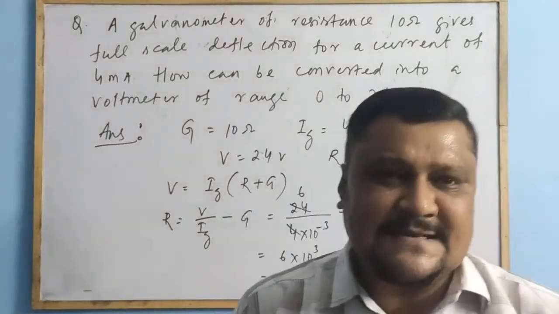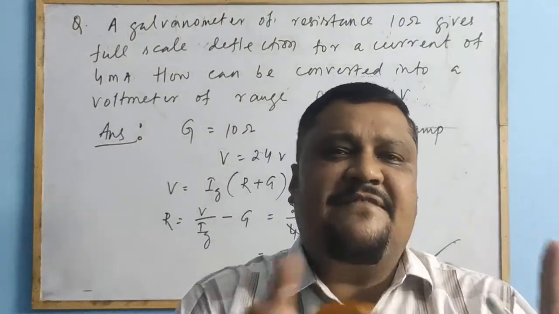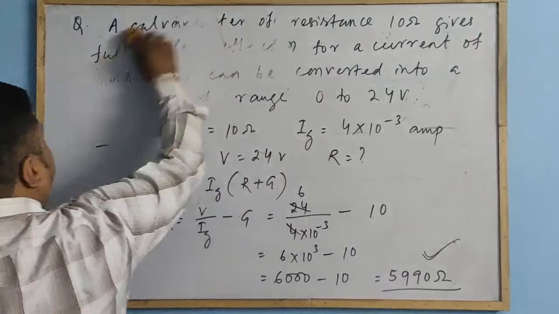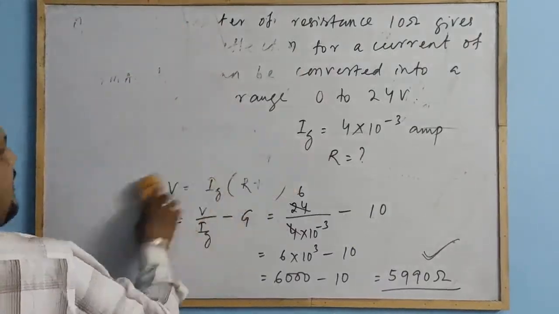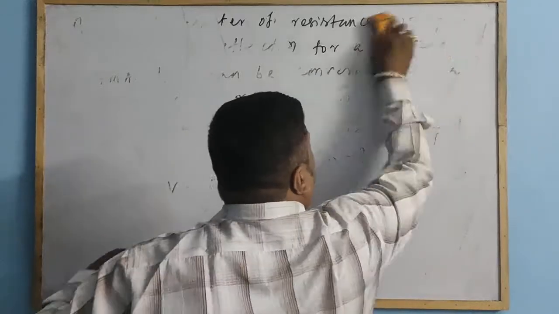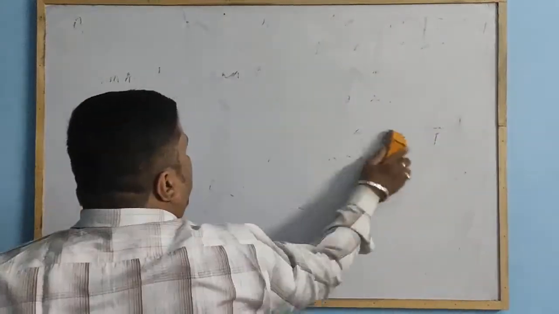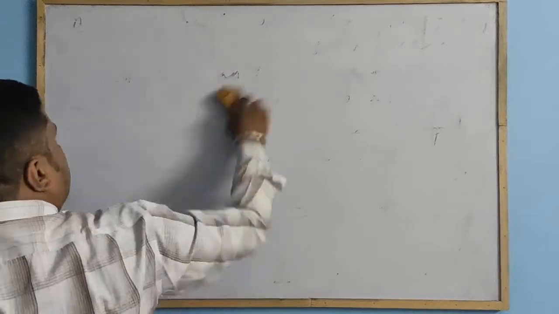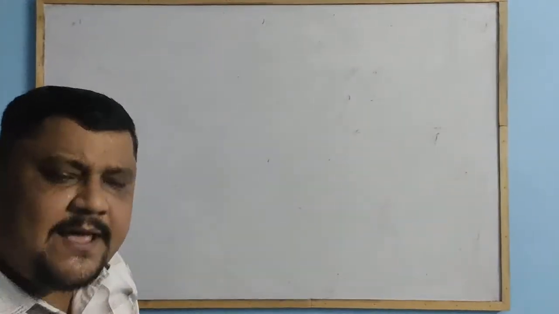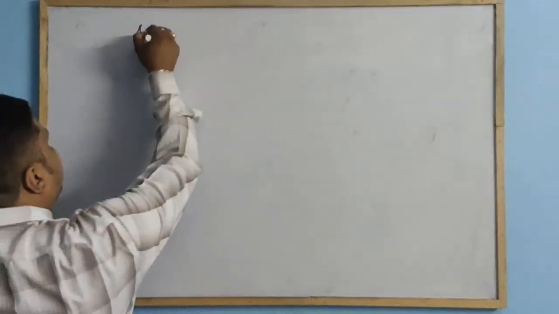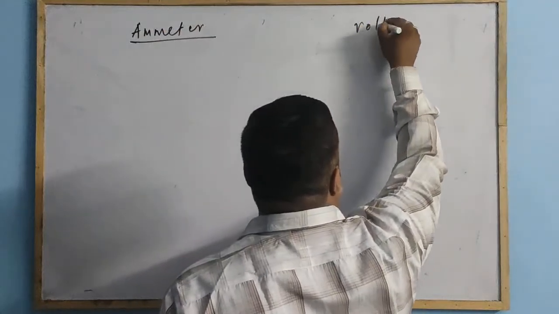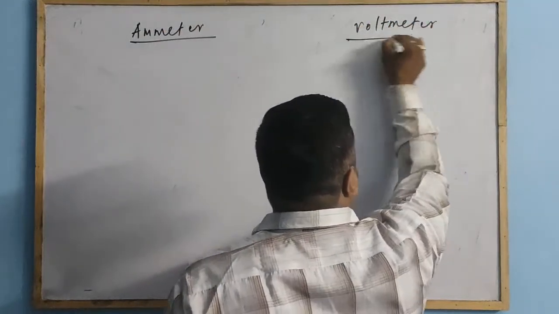Now there is a small question also. Differentiate between ammeter and voltmeter. If I ask, differentiate from here. So this is a problem you know, and how you use this voltmeter, ammeter, all these things you know that. Now you write this in a short form. Differentiate between an ammeter and a voltmeter. So let me write in very small form. What is the difference between an ammeter and voltmeter?